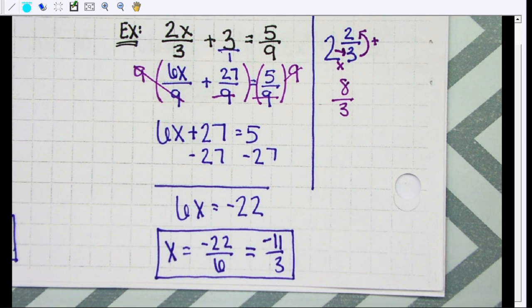So on your test, you did have to know how to do that, but that question was asked in second period, so I wanted to make sure that I went over it with you guys in case you didn't know how to do it. All right, so what we're going to